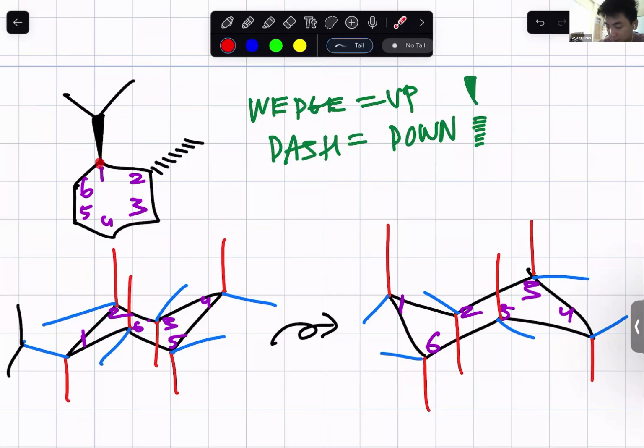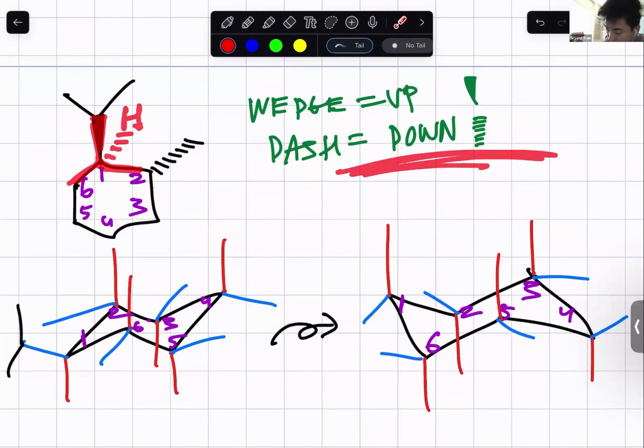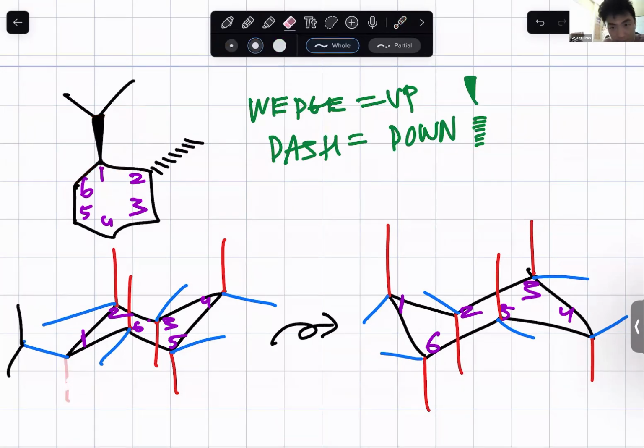So this carbon here is an sp3 carbon, meaning that it will have 2 flat bonds, which we already see here. Those are the 2 flat bonds, 1 wedge bond and 1 dash bond. There is 1 dash bond here, but that is invisible because it's to a hydrogen, right? And because the hydrogen is going down because it's a dash, that should be the hydrogen right there. But we don't have to draw that out explicitly. It's implied, like how it is implied for bond line structures. So we could erase that right there, but we know that that is still there, right? It's just invisible. This axial bond going down is there, bonded to a hydrogen.